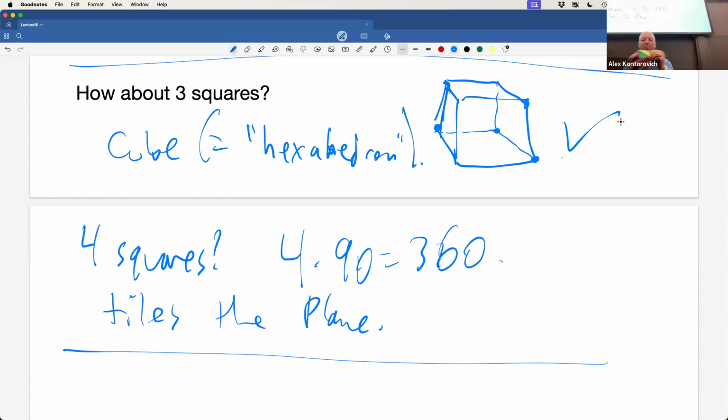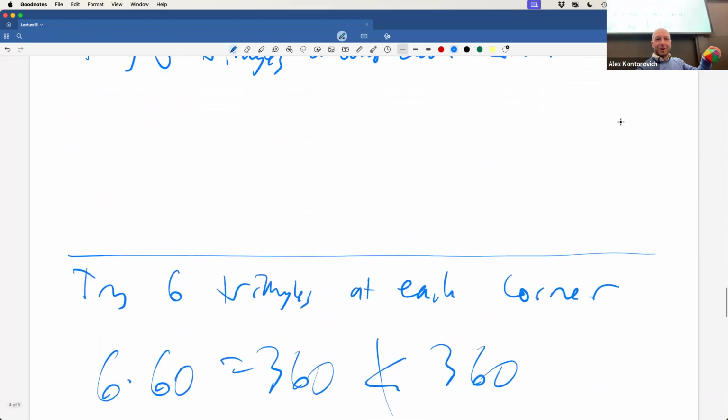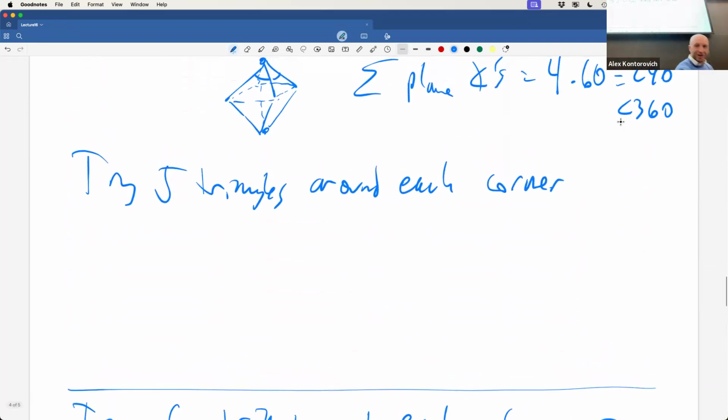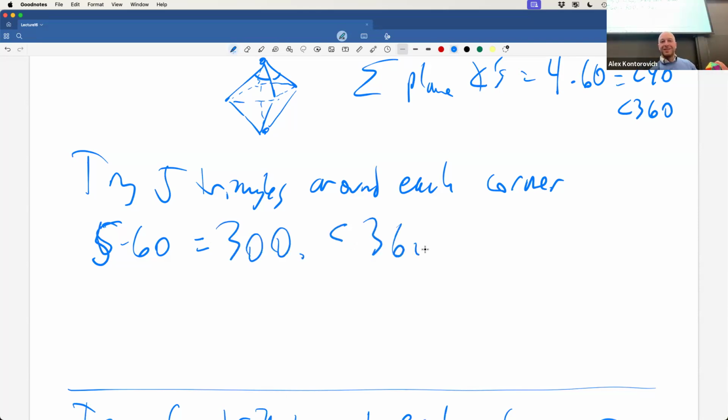All right, so I'll take this one triangle off so we can see the rest of the shape. So this is really cool. Great job. At every corner, there are 5 triangles all the way around, and it looks exactly the same. And the question is, 5 times 60 is, let's scroll up a little. Where are we? Right there. 5 times 60. 300, which is less than 360.